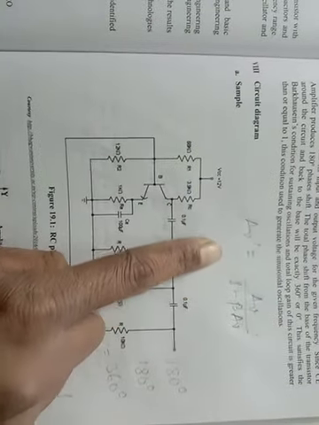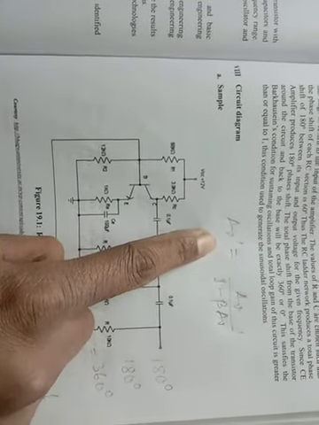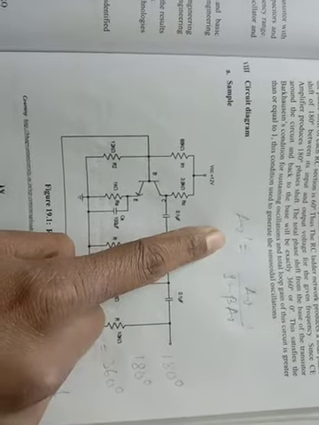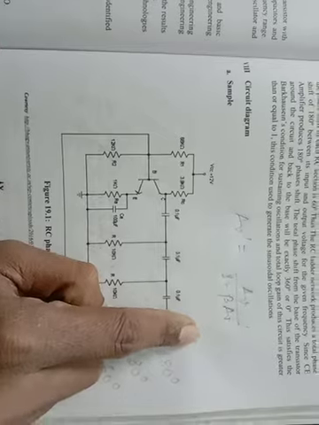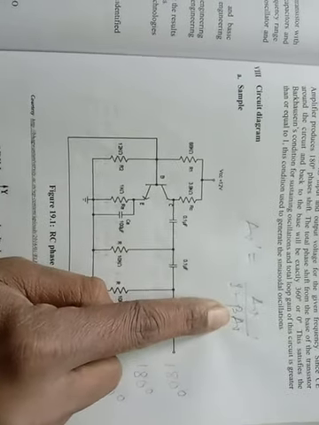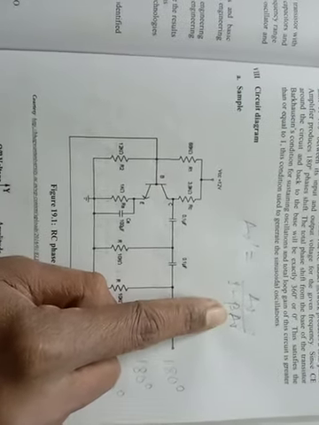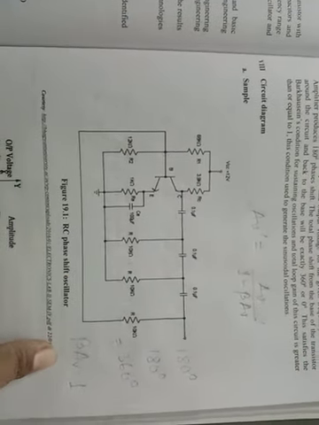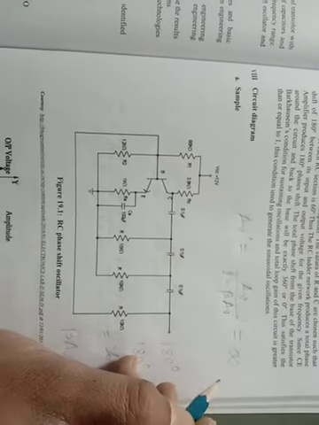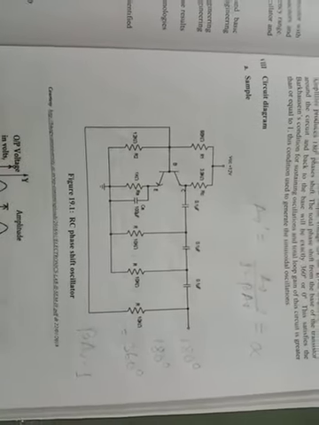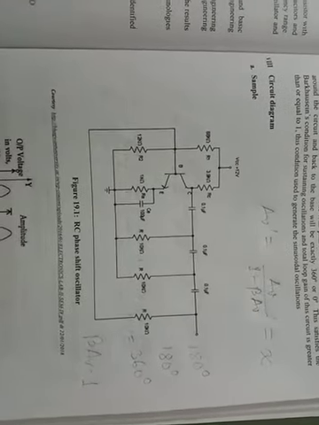Now this is the formula for voltage gain with positive feedback. AV dash is equal to AV divided by 1 minus beta AV. So the factor beta AV must be equal to 1, then only our gain will be infinite, and then only the amplifier will be converted into an oscillator. So this is the waveform we will be getting. This is a sine wave.